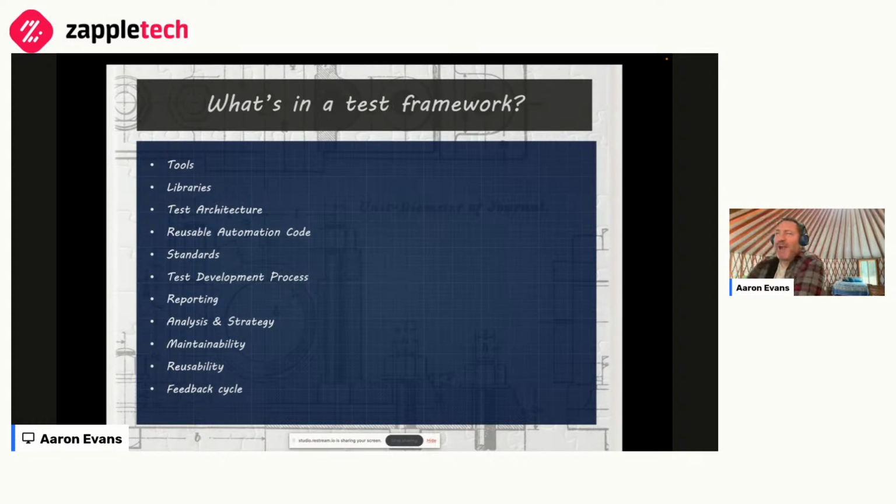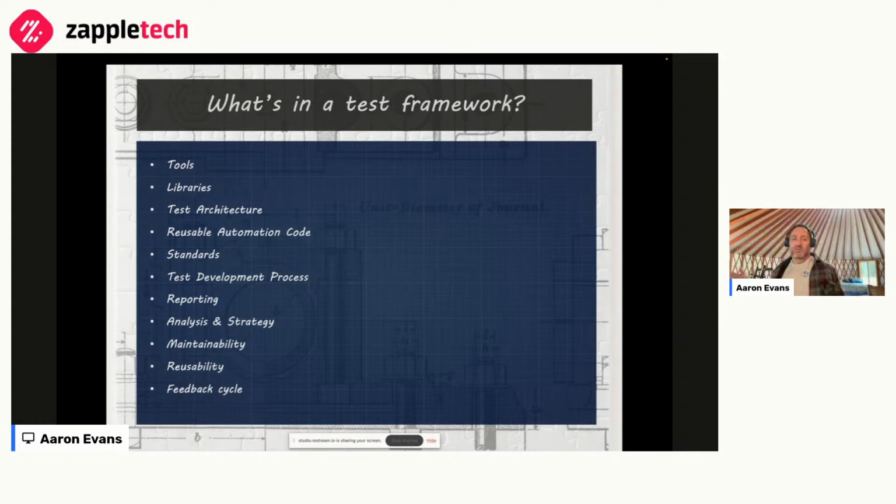That's the how you write and maintain your tests. That's part of what, for the sake of this talk, I'm calling part of your test framework. The development process, how you write code, how you check in code, how different people collaborate on test automation, how developers interact with test automation. Are they writing unit tests? Are they collaborating with testers on writing integration tests, etc.?